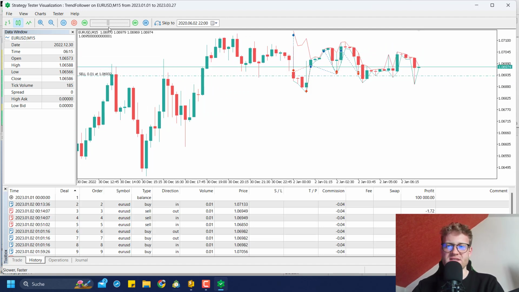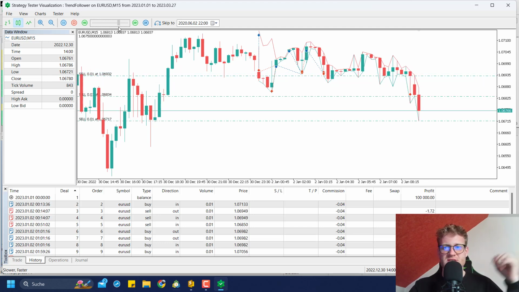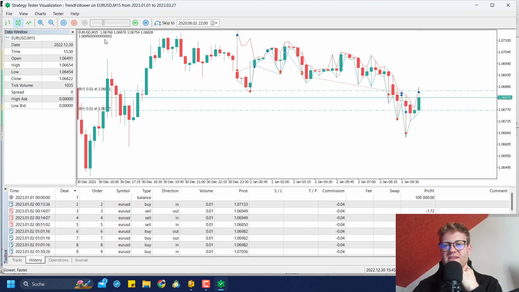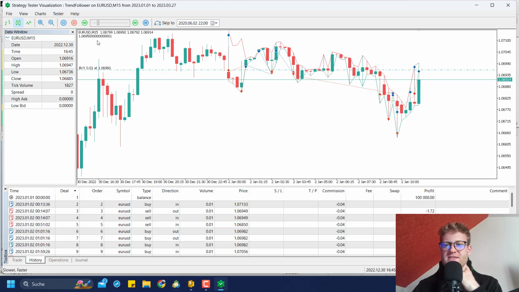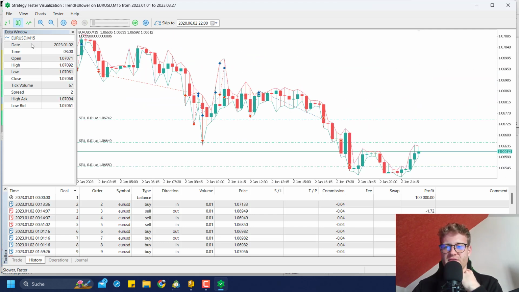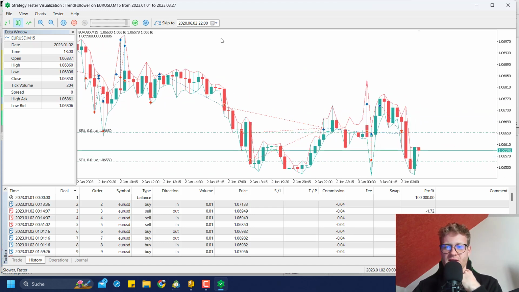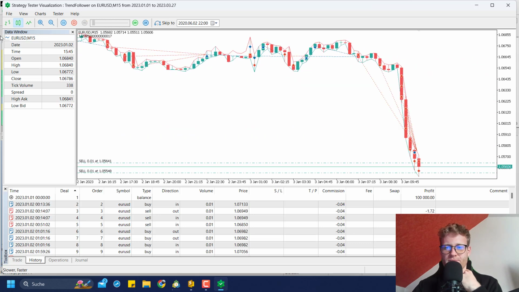And of course, this EA can only make profit if we see more than 2 positions in one direction. So we really need these big moves to actually make profits. But if we see them, we could make some profits. So let's play this through. There you can see was a nice down move, and I think there was another big down move that we